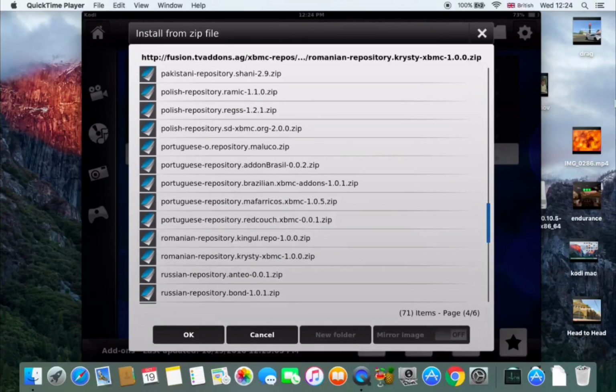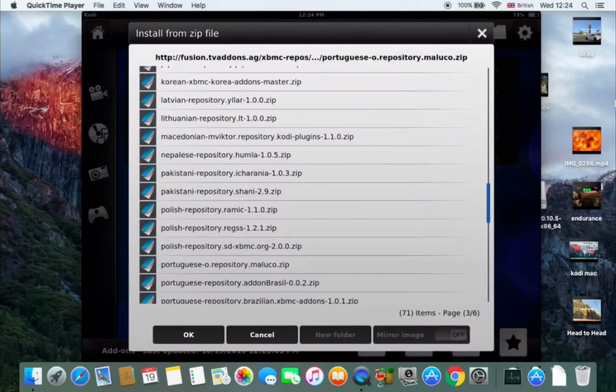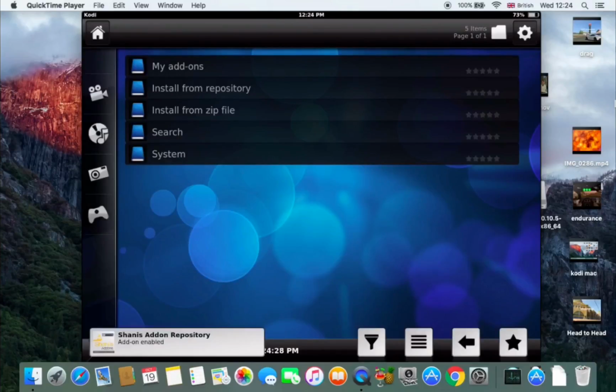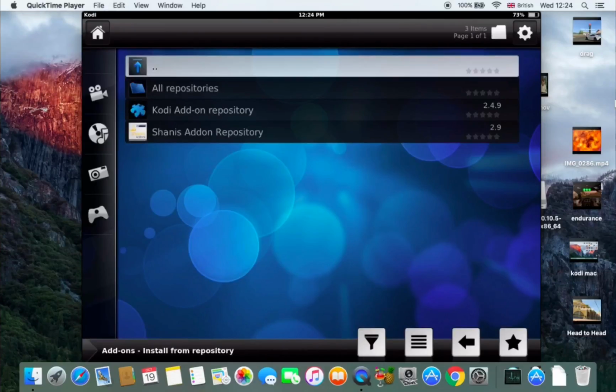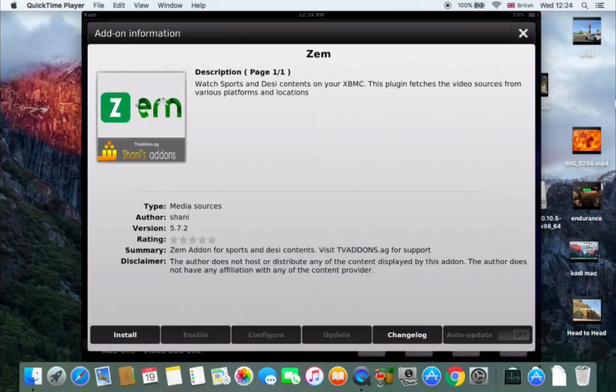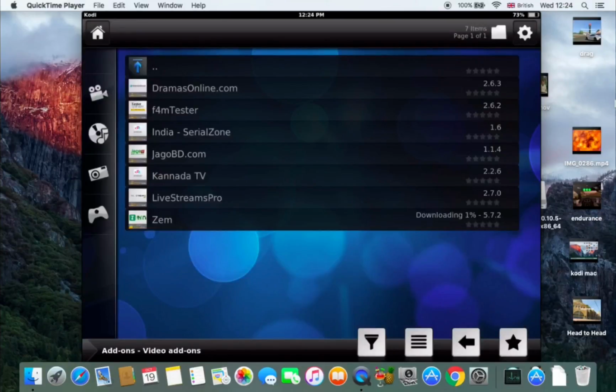Where's it gone? There somewhere. See the Shannon's add-on repository. Install there. We're going to install from repository, and that's where Xem should be. Xem's there. We're going to install that,